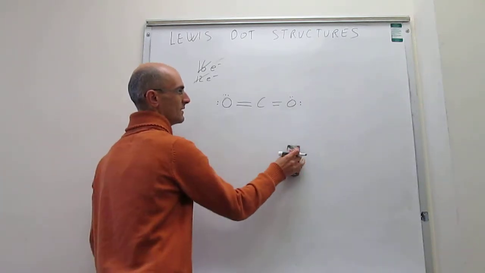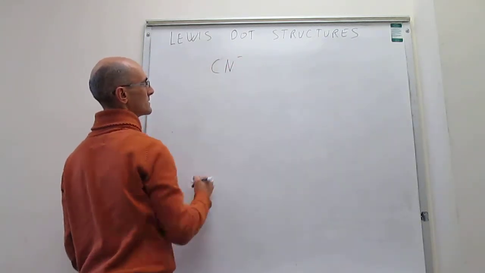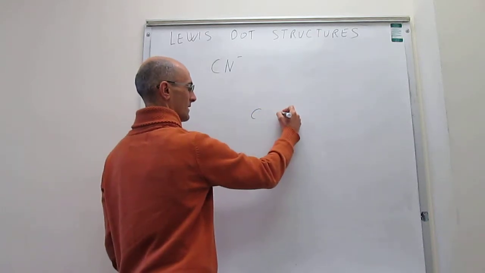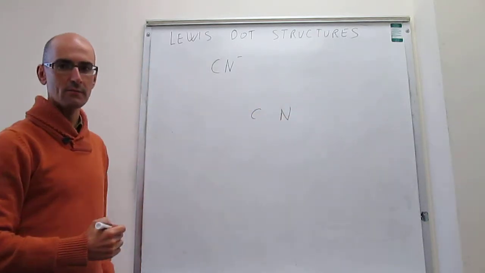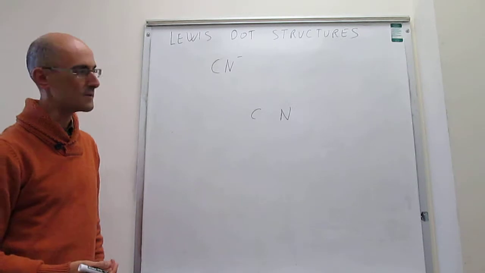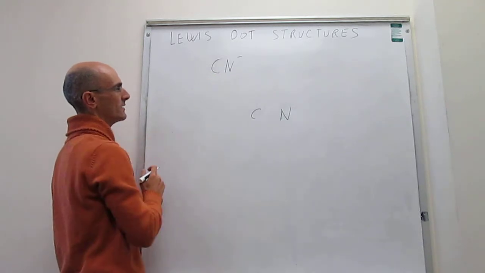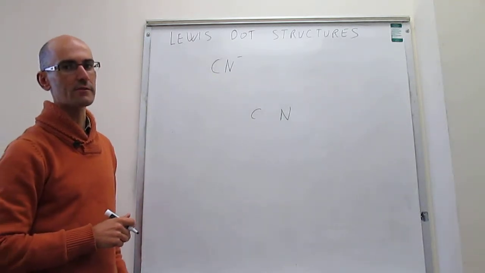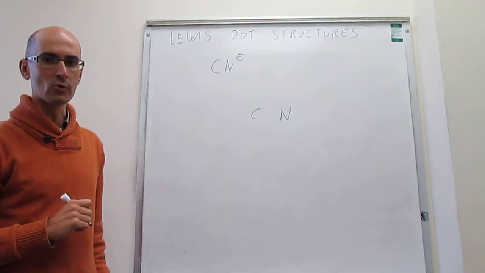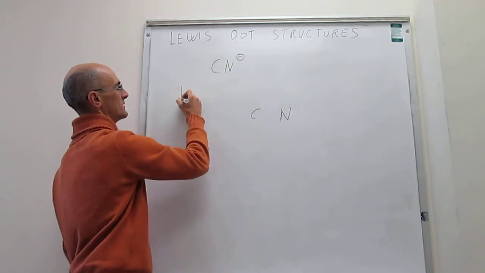The second example is going to be the cyanide ion, which is this, CN minus. Right, so as always, we start by first drawing the molecule, so CN. Here you don't have a central and terminal atoms. Both atoms are terminal or central. And then we count the number of valence electrons. All right, so we go to the periodic table and find that carbon is a 2s2, 2p2, so 4 valence electrons. Then nitrogen is a 2s2, 2p3, that would be 5 valence electrons. And something important here is that we actually have 1 extra electron that we also have to take into consideration. Right, so the total number of electrons would be 4 plus 5 plus 1 is a total of 10 valence